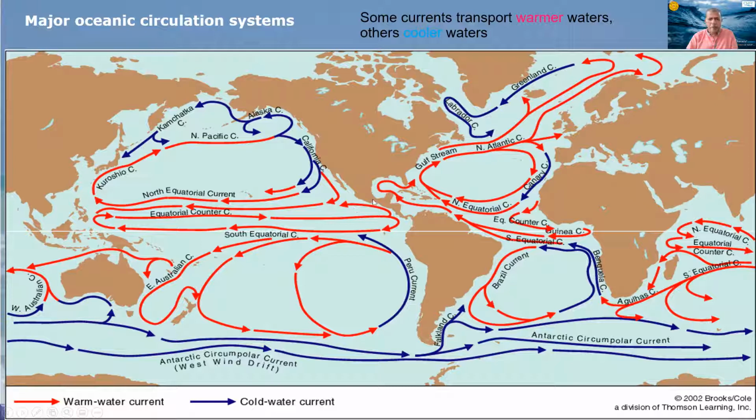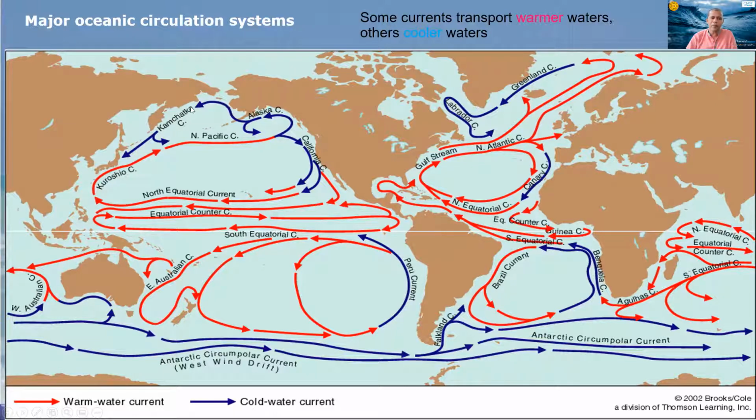Now these currents play an important role, which I will discuss later, because they are moving the temperature around across the globe, right? From here to here and from here to here. Not only that, they will take this warm water into the cold or temperate areas, making these areas warmer than they should be. And the opposite also happens.